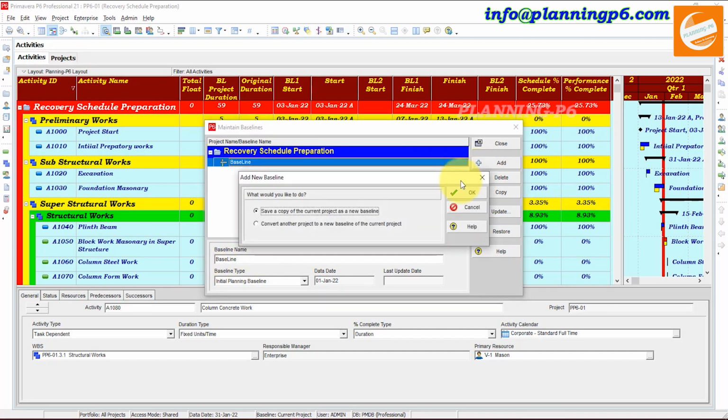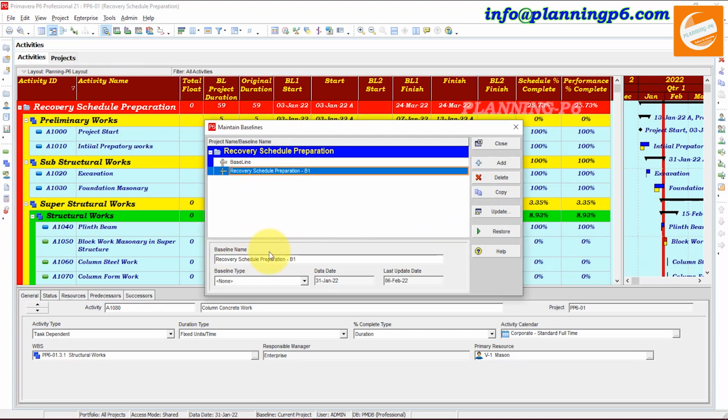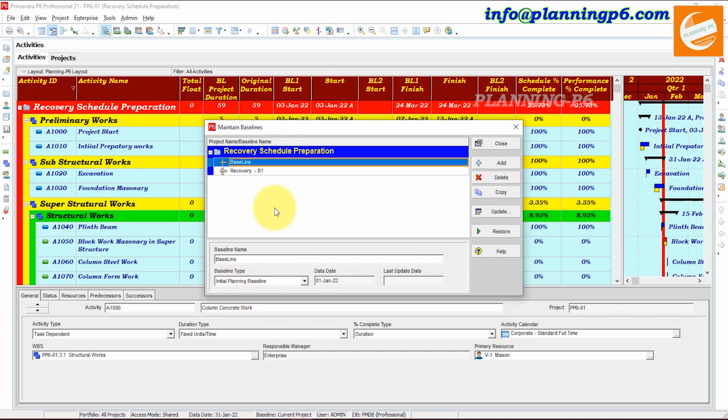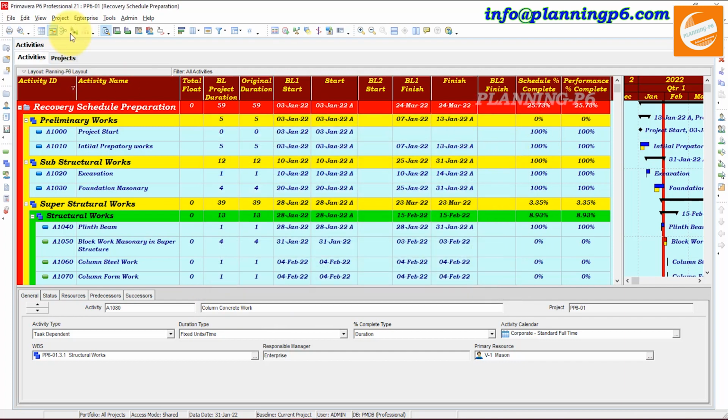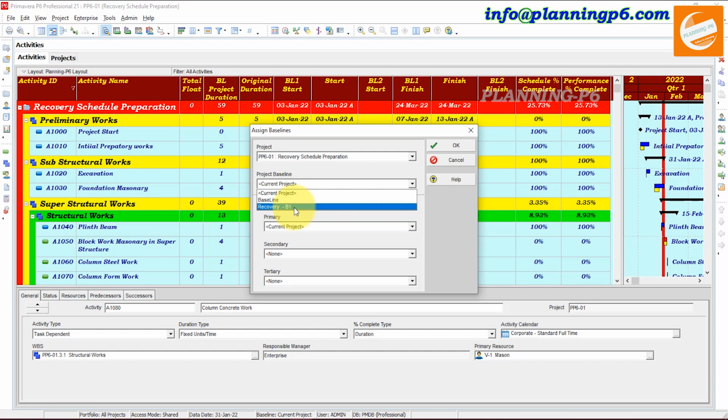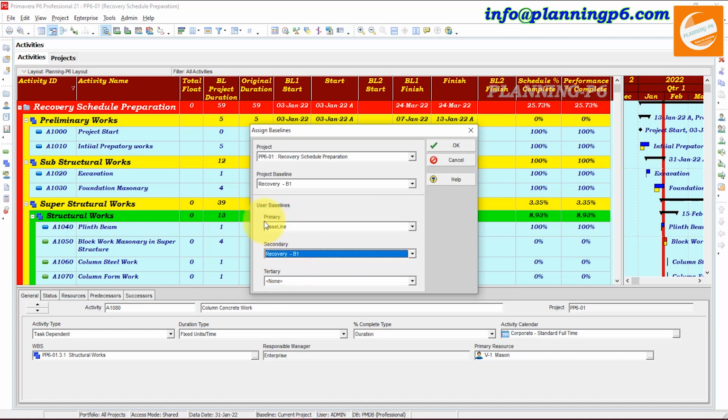Here, add a baseline, convert, save a copy of the same project. Okay, and here recovery schedule baseline 1, recovery b1. We will give the name recovery b1, and here the type is project mid project status baseline. Okay, and this is initial planning baseline. Close this section, and after that we will go here and assign baselines to our project. First of all, this is our current project baseline, now running on this baseline, and the primary baseline will remain the same as the initial baseline, and the secondary will be the recovery baseline. Okay,